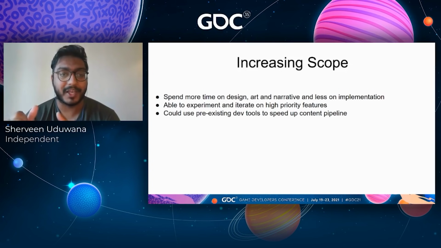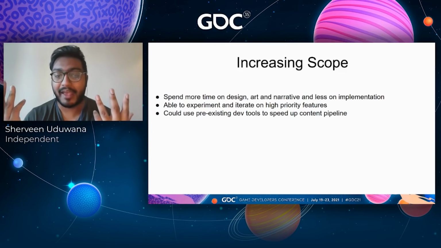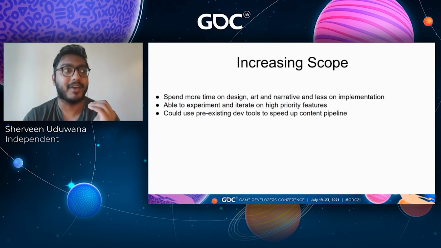I'm sure I mentioned a bunch of times that I got to spend more time on design, art, narrative, and less worrying about how I'm going to do things. I was able to experiment a lot on high priority features. For example, we spent a lot of time on our combat system and how that works. Should it be more straightforward? Should it have a more unique, idiosyncratic way of working? If I wasn't solid about all the other stuff that had to happen, like menus and moving the character, I absolutely wouldn't have experimented on that. I would have picked a more straightforward, easy to do option.